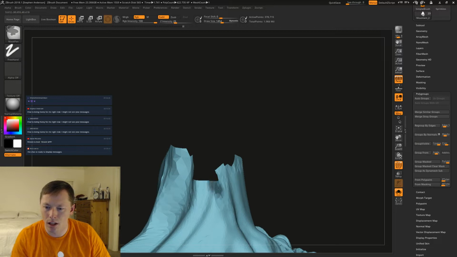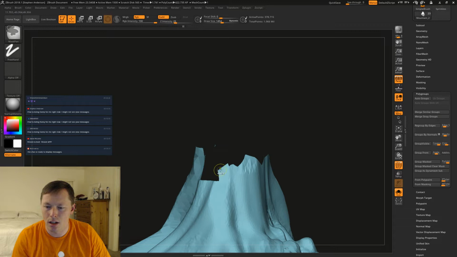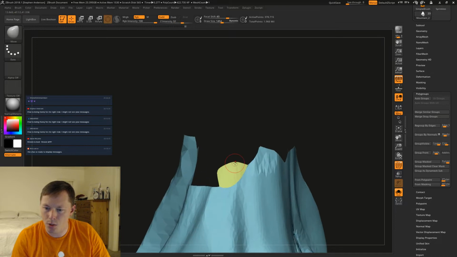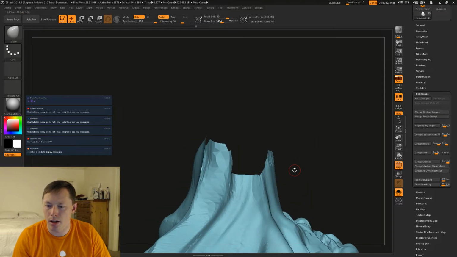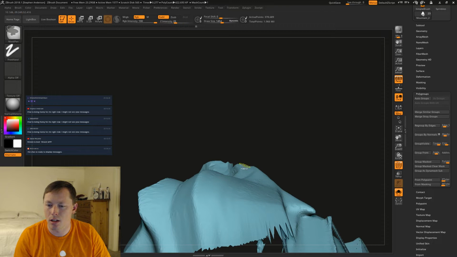Okay. Now we can come over here. Let's get this piece right here. Too smooth, right? So we're just going to make it more jagged. And then maybe I want another little chunk right here.